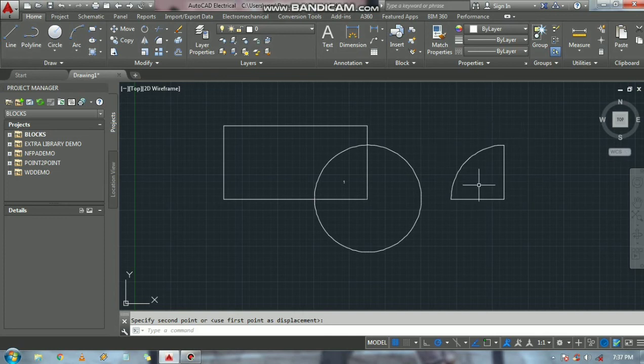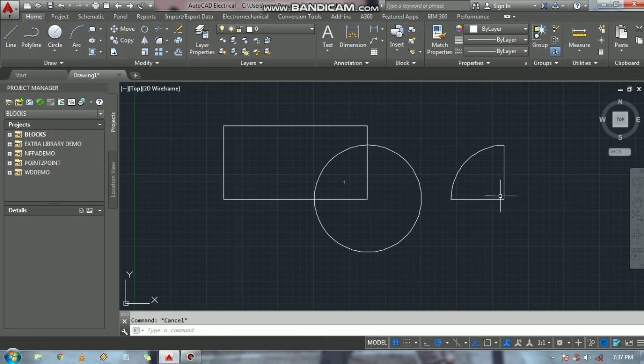In further videos, we can see a detailed report in AutoCAD Electrical. This is considered as a boundary. This boundary can be taken only in blocks, not in other objects. This will work only in blocks. Whether they are temporary or permanent blocks, you can use this as a boundary.